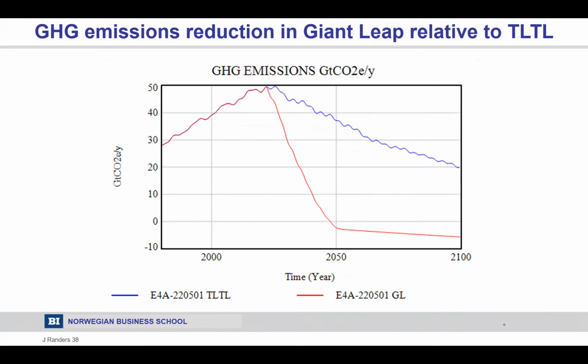Greenhouse gas emissions. So here you see the spectacular decline that is possible if you just accelerate the investment in wind and sun. So we managed to get greenhouse gas emissions down to 0 by 2050. Then please notice that it is negative throughout. This means that in order to make a future which is this desirable, we need large-scale carbon capture and storage or direct air capture of CO2 from the atmosphere. If you don't do this, you get a much higher temperature at the end of the century.